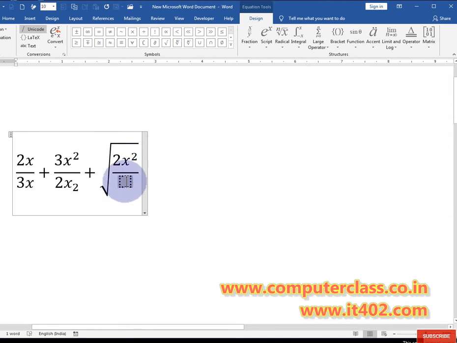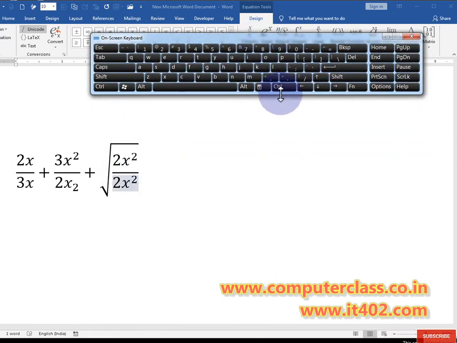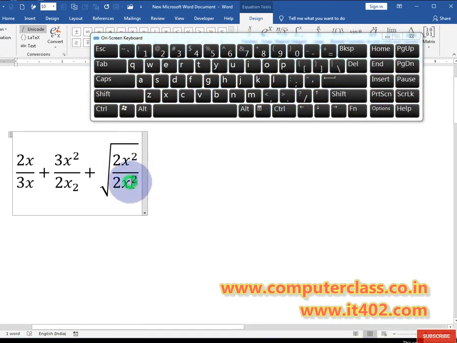Suppose we want to convert this particular box in the form of power, then we can use this option, like that. You need to click on the particular box. After that you need to use the arrow button to move the blinker to any other location. For example, now the blinker is here. If I click on the right arrow button, now the blinker is changing. Now this is another position inside that particular equation. This one is another side position, and this is another position.